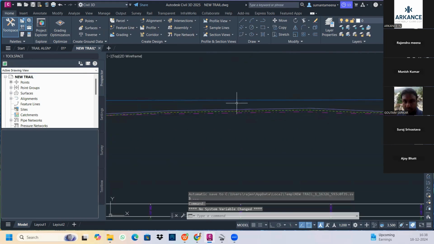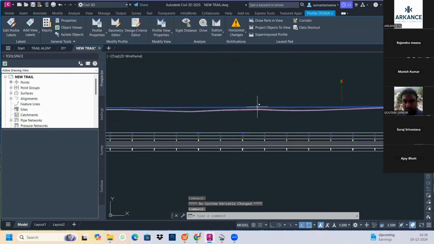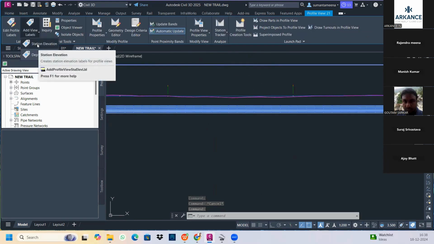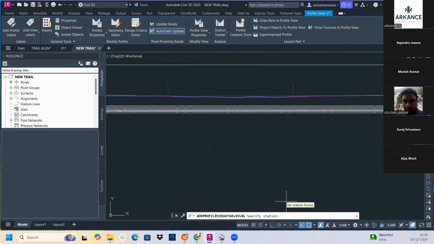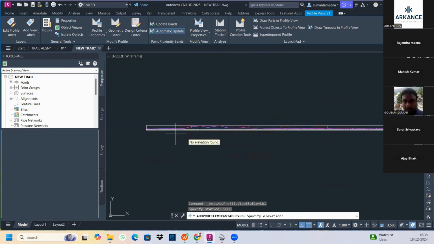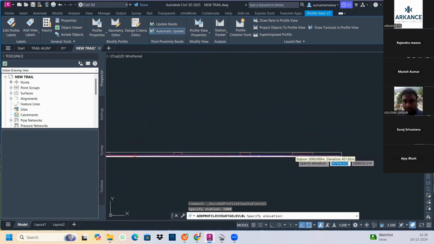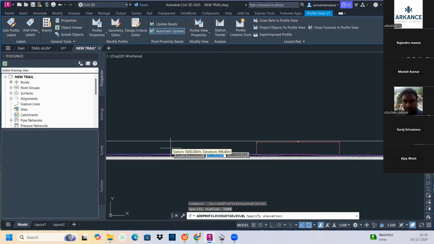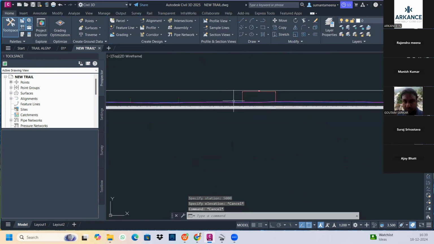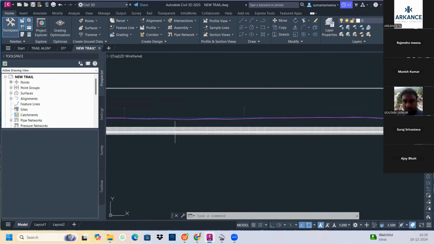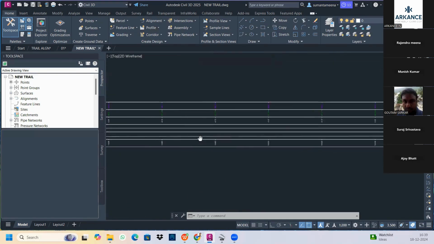राइट। सपोज अगर मुझे यहाँ का लेवल चेक करना है इन बिटवीन, अगर आपके यहाँ पे प्रोफाइल में, तो वो कैसे चेक करेंगे। तो यहाँ पे आप जैसे सिलेक्ट करोगे, यहाँ पे ऑप्शन आते हैं स्टेशन एलिवेशन का, ठीक है। तो आप कोई पर्टिकुलरली स्टेशन लेते हैं, जैसे मुझे 5000 का चेक करना है, ठीक है। तो ऑटोमेटिकली उसने 5000 को पिक कर लिया, जहाँ पे भी होगा, कहीं ना कहीं तो आ रहा है, ये 5000 कहाँ है। चेक करते हैं, फर्स्ट कहाँ पे आ रहा है 5000, 544 समवेयर हियर, ओके।